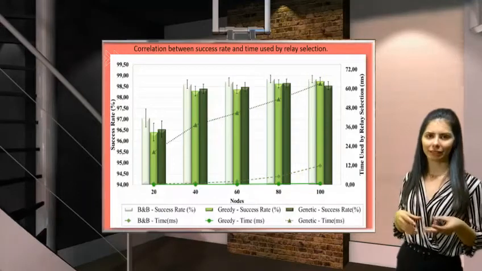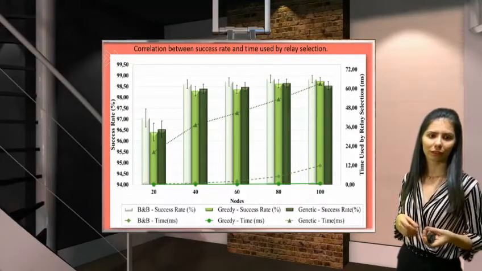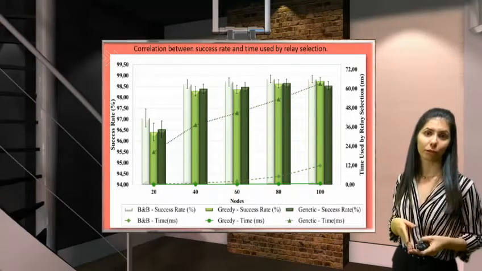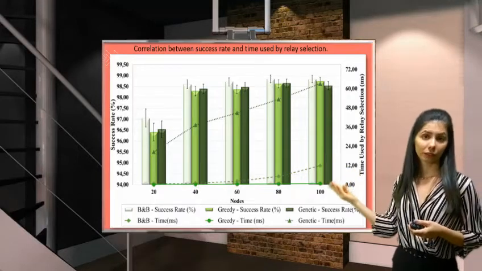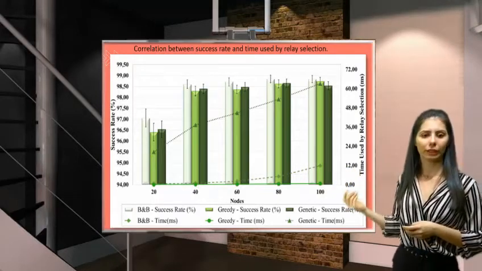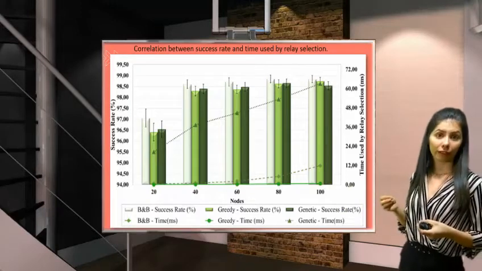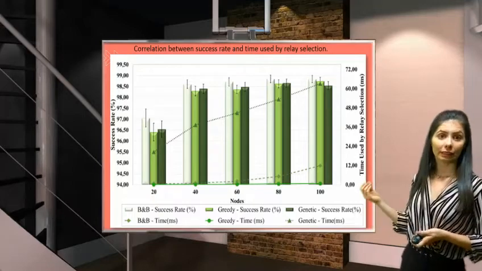So, it is evident that the genetic algorithm is an unfeasible solution, exceeding the time allowed to the coordinator to perform the relay selection. And the branch and bound algorithm solves the optimization problem within the time allowed for the coordinator